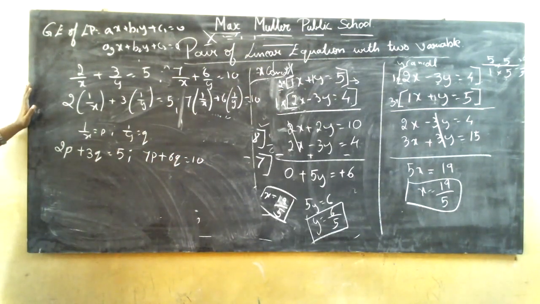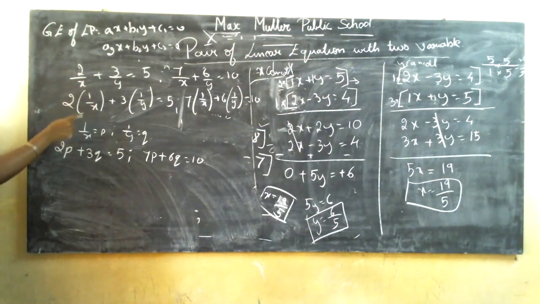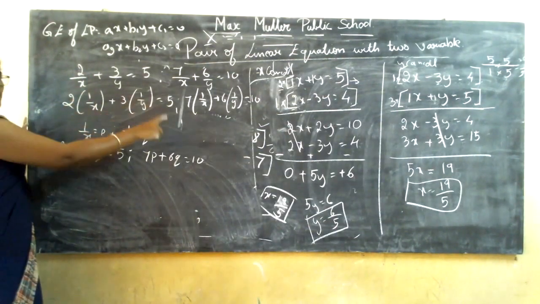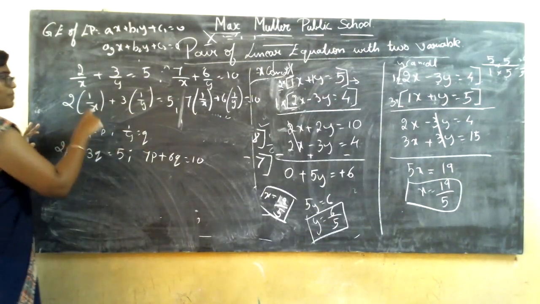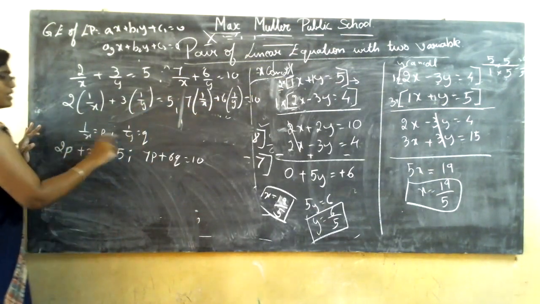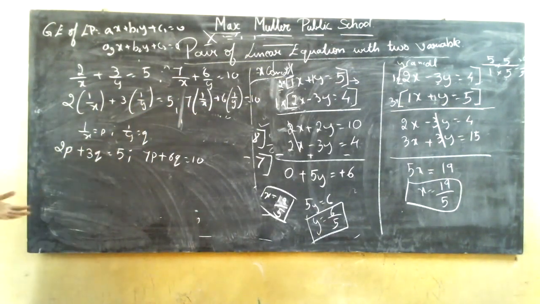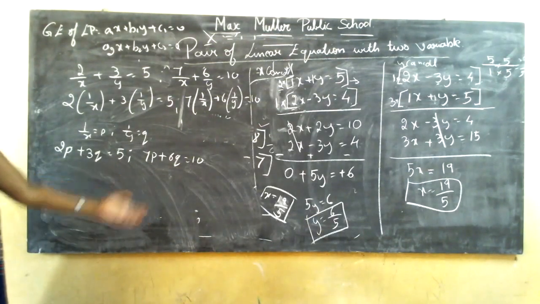This takes a very long time, so they won't give you these types of questions. Do not worry about the reducible method. If they give you this type of question by chance, what you want to do is take the number outside and write the alphabet inside. If you do this, you get the alphabet as 1 by x, 1 by x, 1 by y, 1 by y. At that time, you can name it as p, q or x, y or a, b, whatever you want, and you can write the equation and then solve.